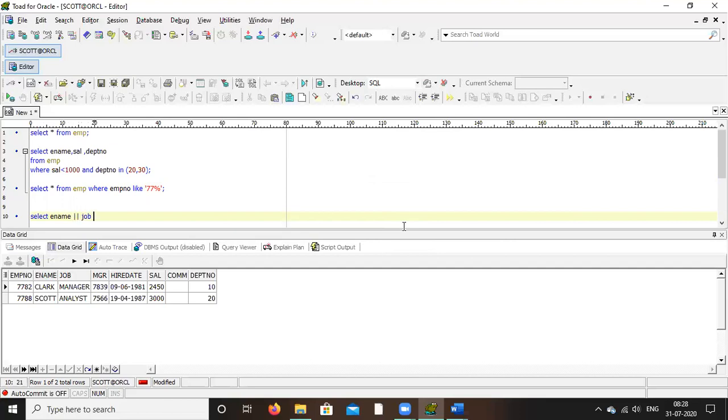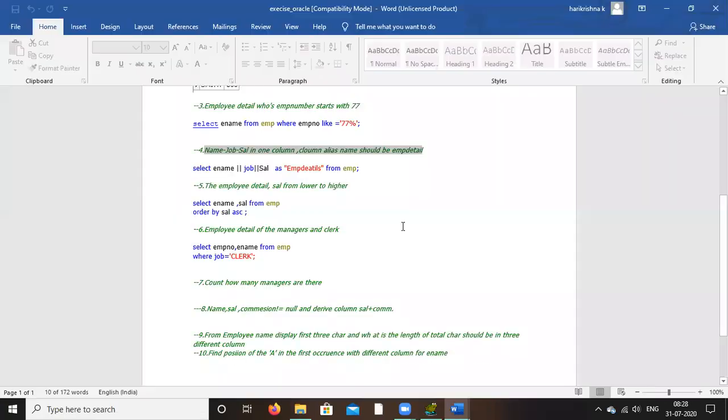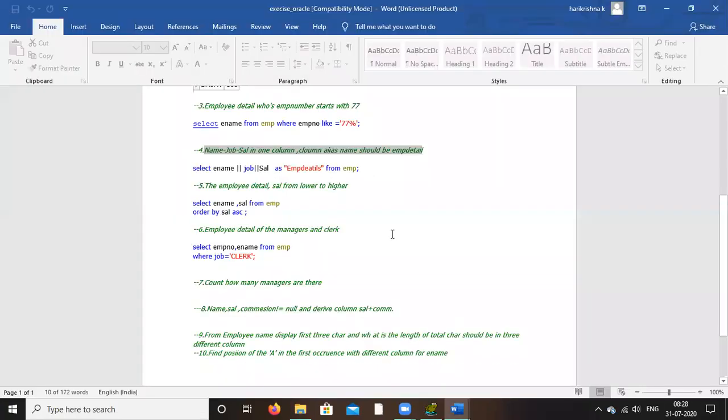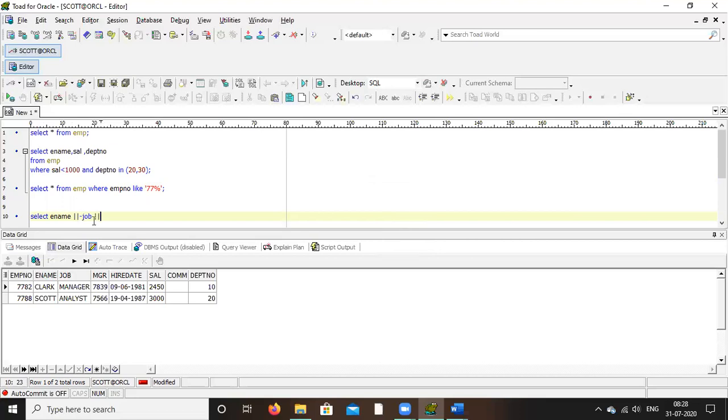Hyphen you have to give within single quote. No, you are concatenating one more string, right? Again concat.